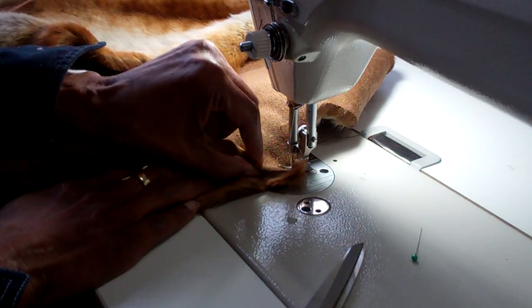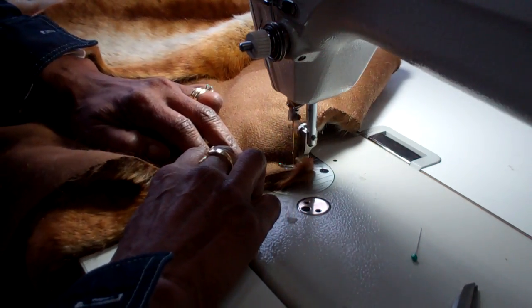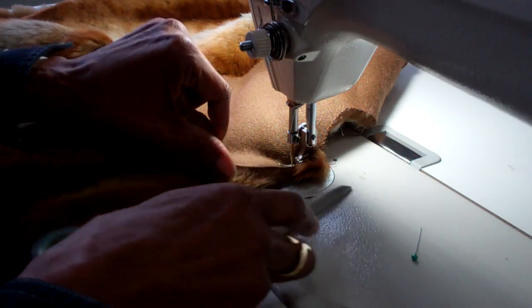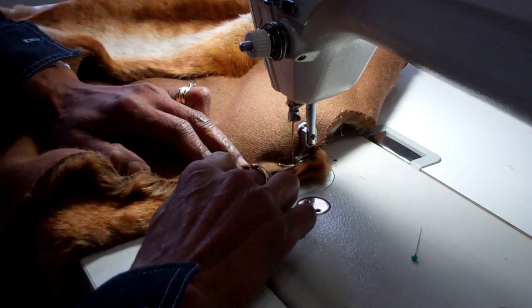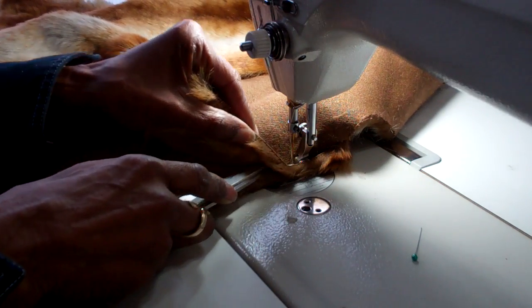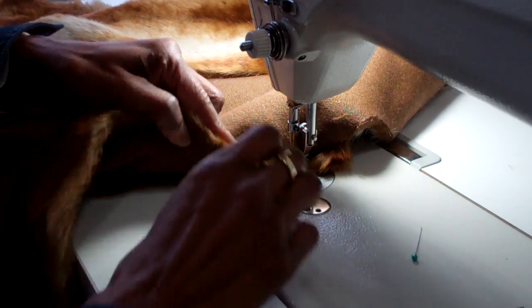see my seam allowance. When you put these together, now you can go back and do a double stitch. See, I keep brushing this under so I can see that they're lining up on top of each other and I'm getting my true seam allowance. And you can do a double stitch and go back and trim it away. It's up to you which way you want to finish